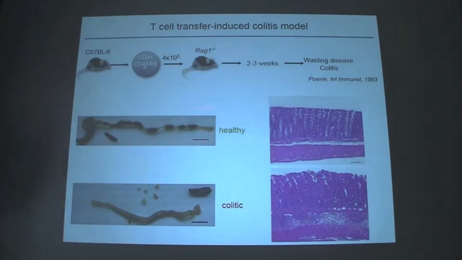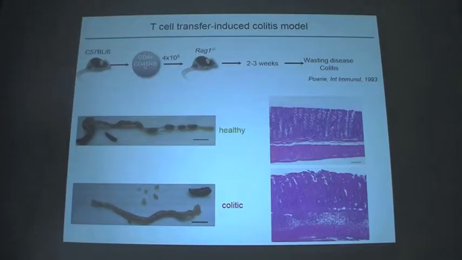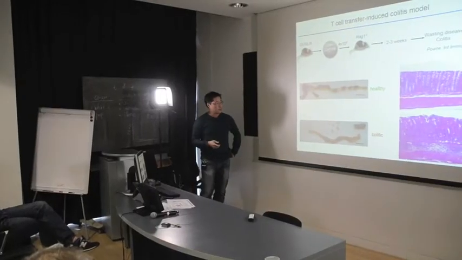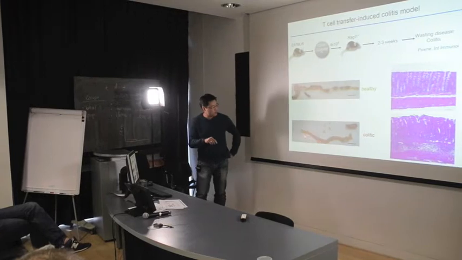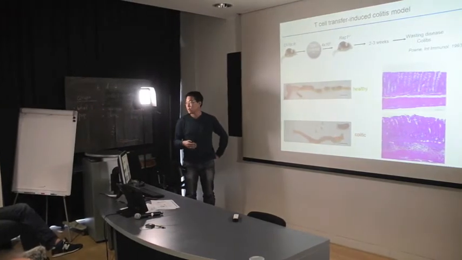As you see, if you look at a healthy intestine, you see nicely formed stool pellets. And when you look in histology, you see a nicely structured architecture. You see all these white cells. These are goblet cells, the cells which secrete the mucus and are important for maintenance of the intestinal barrier. In the colitic mice, you see that the intestine is thickened and shortened, and you don't see any more stool pellets because the mouse has